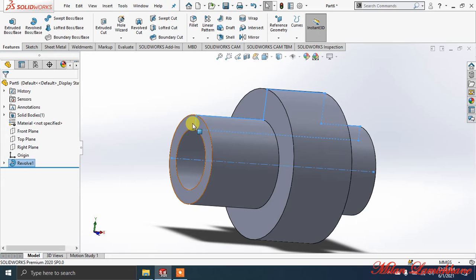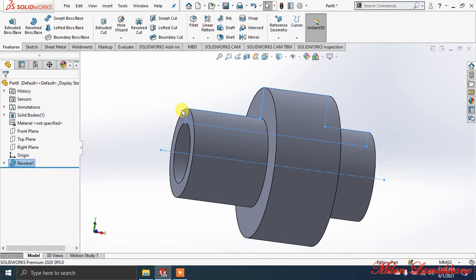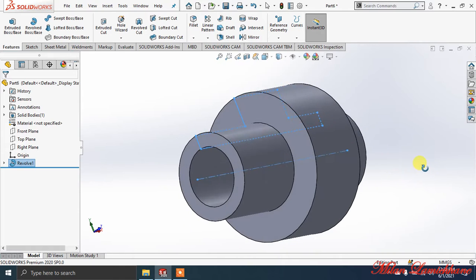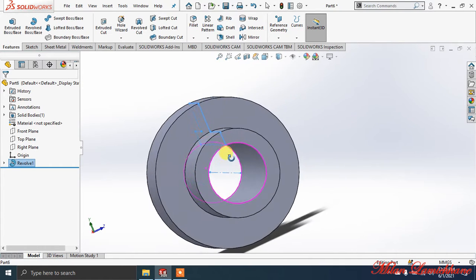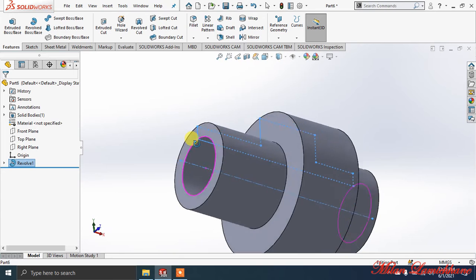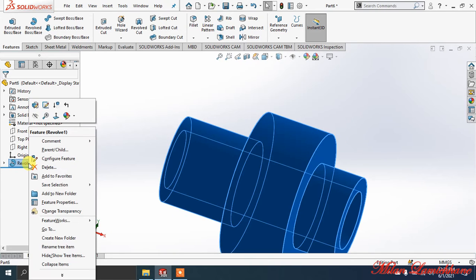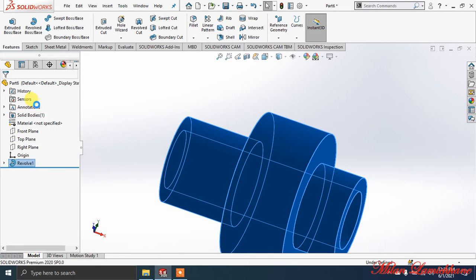Now through that line, first of all you can see the line. From this line we have made a circle-like object, and you can see the distance between this lower line and this one. I'll say it again, this line and this line is our radius value. Now go to revolve and click on edit features.